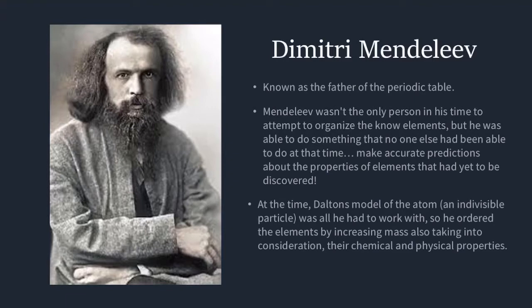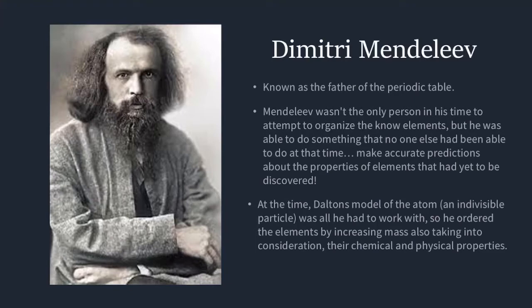But he did discover something that allowed him to do something with his periodic table that no one had been able to do, and that was he was able to make accurate predictions about the properties of elements that hadn't even been discovered yet. Another important thing to keep in mind is that during Mendeleev's time, the predominant atomic theory